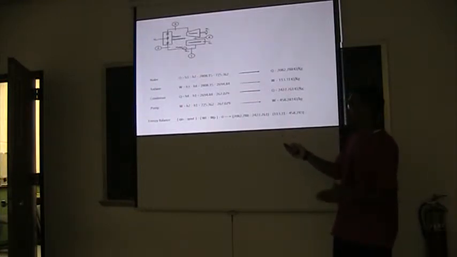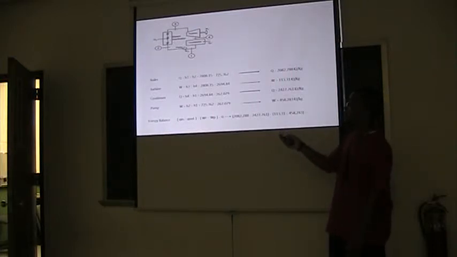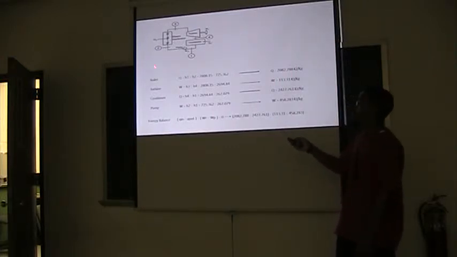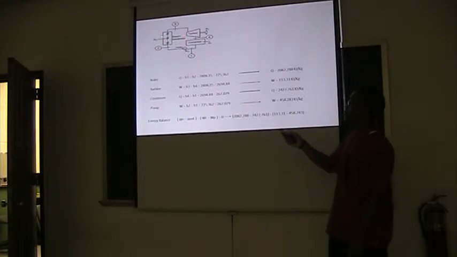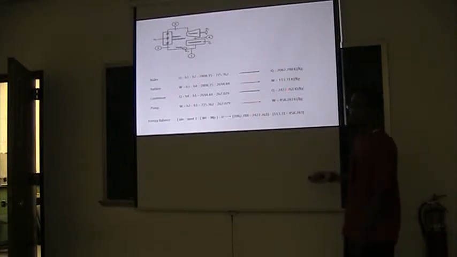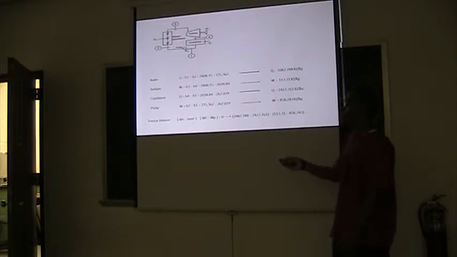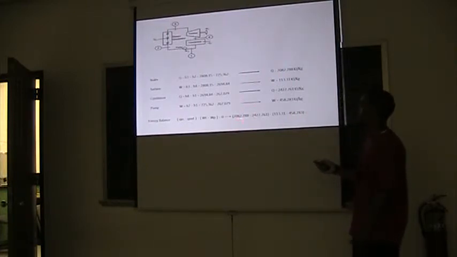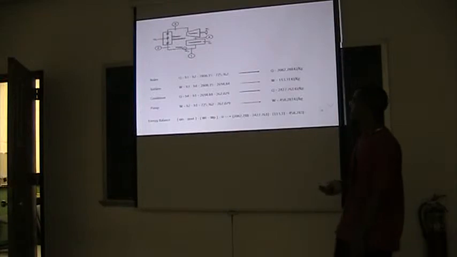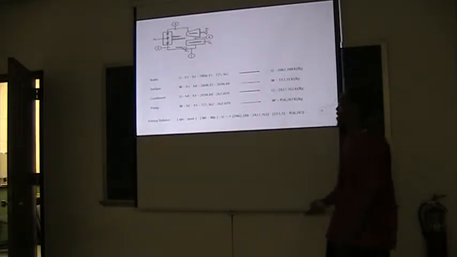So using that analysis for each point in the system, you can calculate either the work or the heat based on the enthalpy differences between the states. So for the heat through the boiler, you use H3 minus H2. For the turbine, for example, H3 minus H4, and you get these respective values. And we know from thermodynamics that this energy balance equation should be correct. So we have our heat in from the boiler, our heat rejected from the condenser, work from the turbine, and work from the pump if we have one. And it does equal 0, so that checks out.